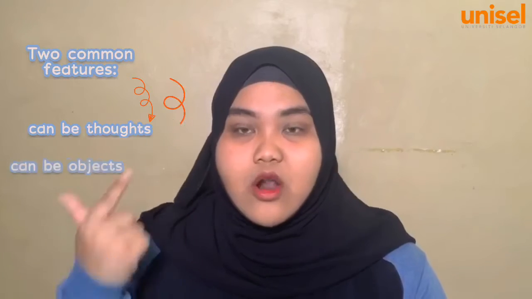Number 3, incentive. Goals that can either be an object or thought that we learn to value and that we are motivated to obtain. Incentive has two common features: can be thoughts or can be objects. Number 4, cognitive factor. Extrinsic motivation involves engaging in certain activities or behavior that either reduce biological needs or help us obtain incentive or external reward. Intrinsic motivation, engaging in certain activities or behavior because the behaviors themselves are personally rewarding or because engaging in this activity fulfills our belief or expectation.